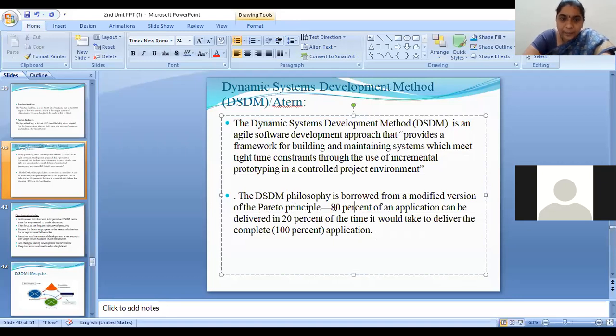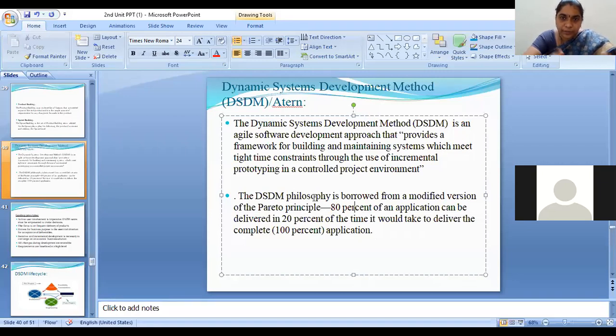Now, why am I saying this Pareto principle in this DSDM? This DSDM follows this philosophy. DSDM says that when you are releasing the product in different increments, suppose the client gave you 100% features to do.